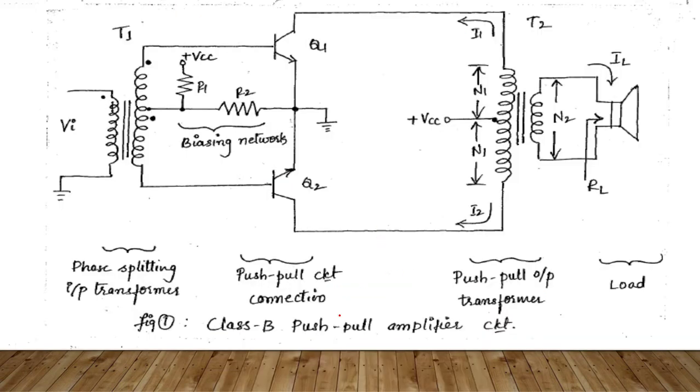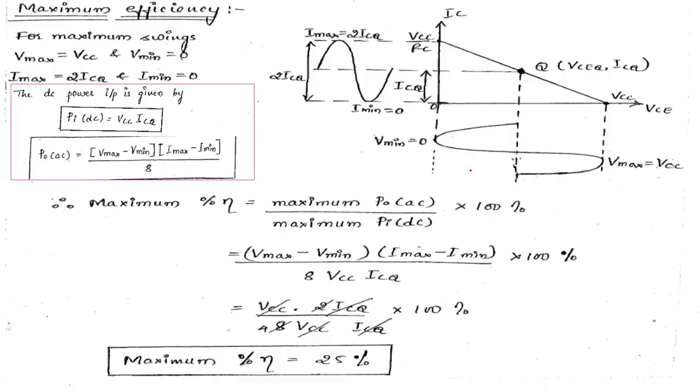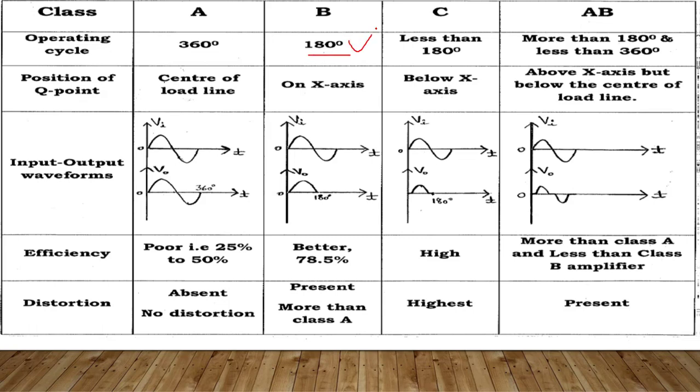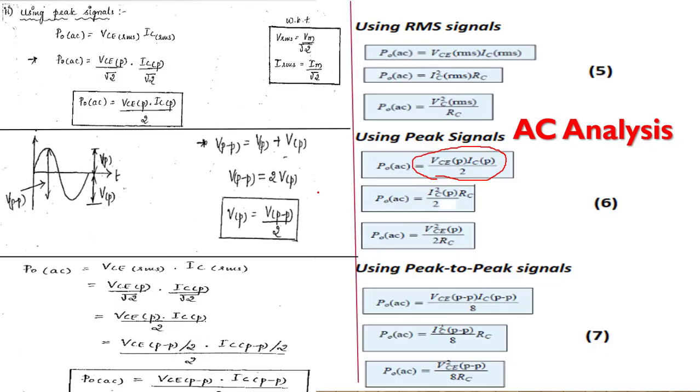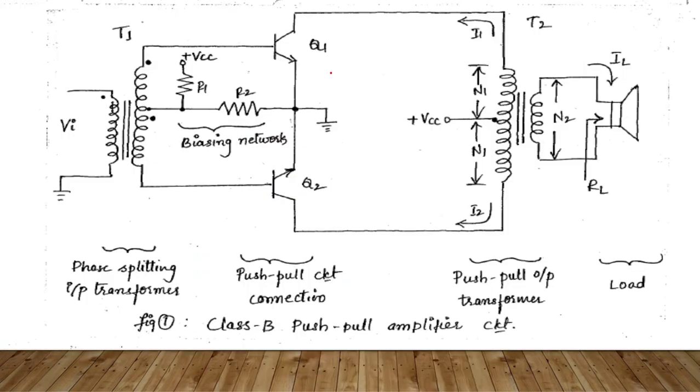In a class B amplifier, actually we are getting only half of the signal. Yes or no? If I am using one class B, I am getting one half. If you are using another class B, I am getting another half, because previously we discussed that class B amplifier only presents 180 degrees. So it only presents one half of the signal. If I want the full signal, I have to use two class B amplifiers, so I have to use two transistors in the circuit. One transistor is NPN, another transistor is PNP.